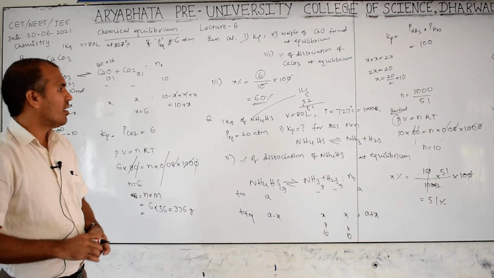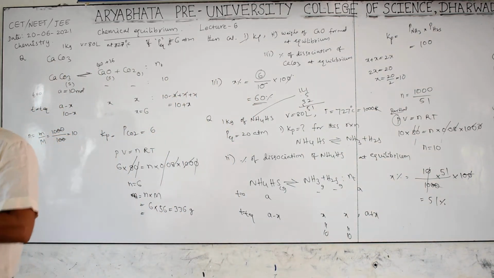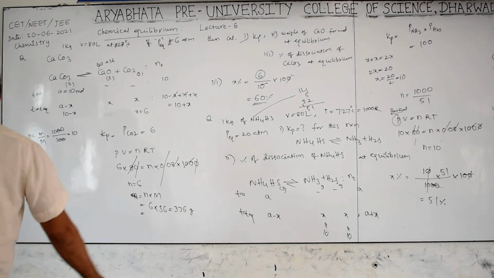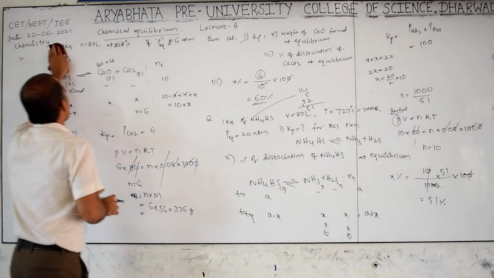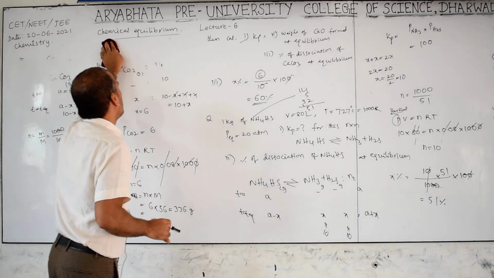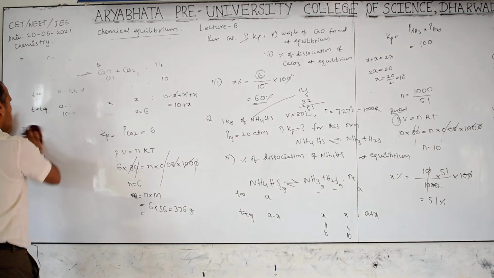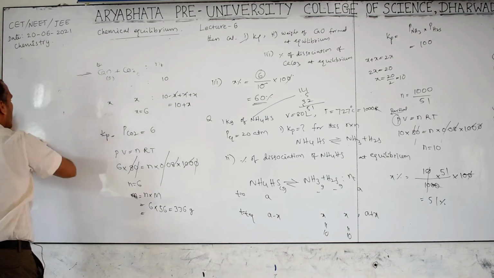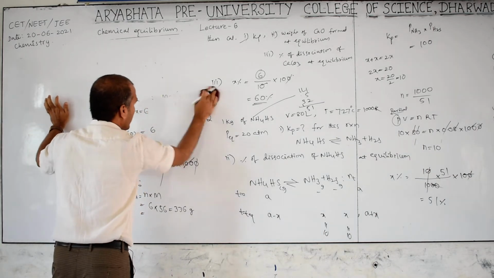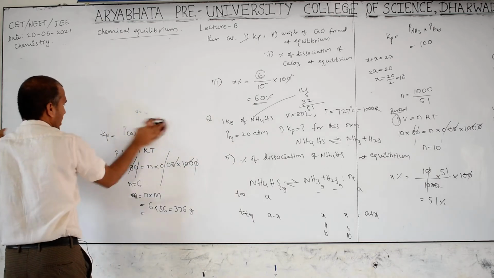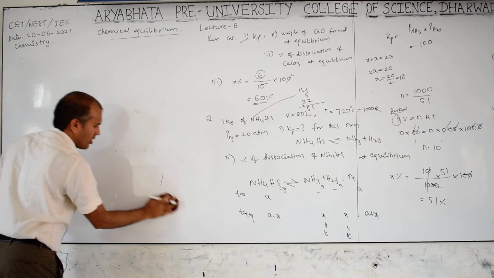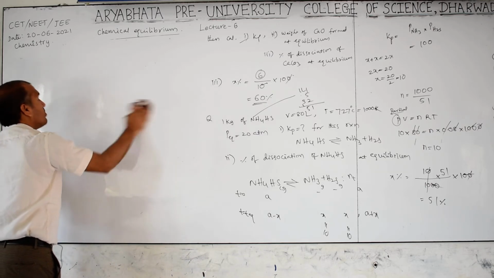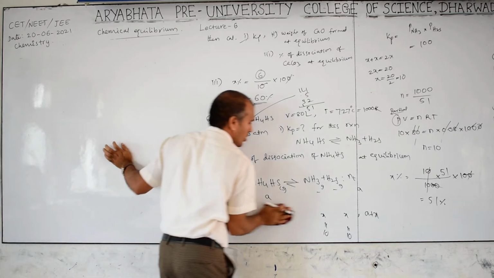Okay, this is how to calculate when the heterogeneous mixture is given. Now, with respect to degree of dissociation, some problems will be asked in the competitive exam. If you know these parts in theory, okay, but I thought you learned it a very long time ago, therefore once again I am revising using the problem. Actually first theory, then competitive part. So whatever the theory is, I am including in this problem only. So you have to learn how to solve this.